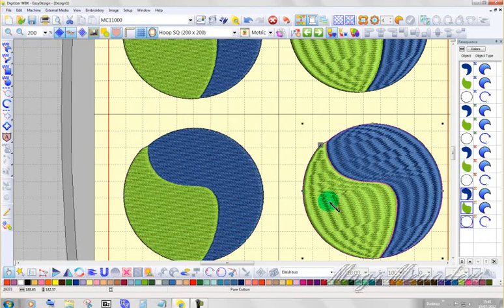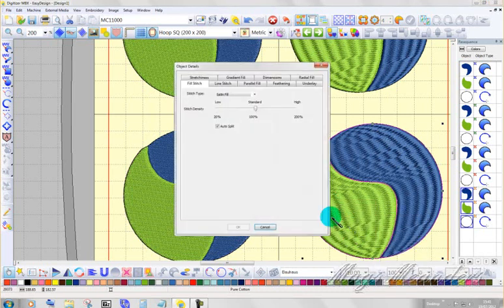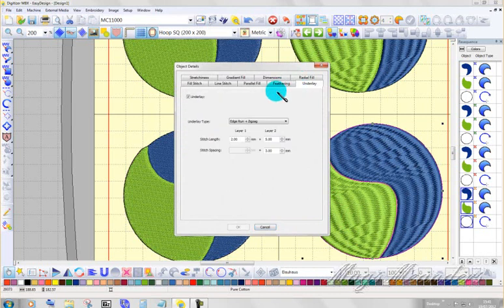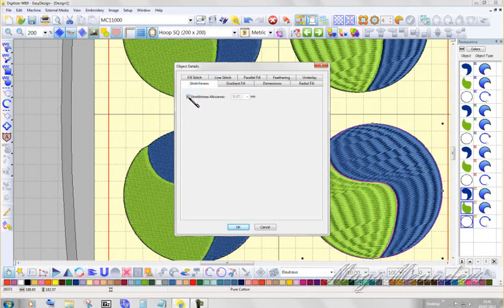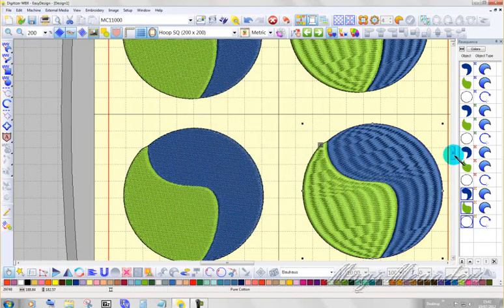Click onto this one, object details, underlay. I have to check I've taken the underlay on the others. Edge run and zigzag. Big shapes like this. Weave, edge run, underweave. Stretchiness, 0.2. Not enough, but okay. Now,